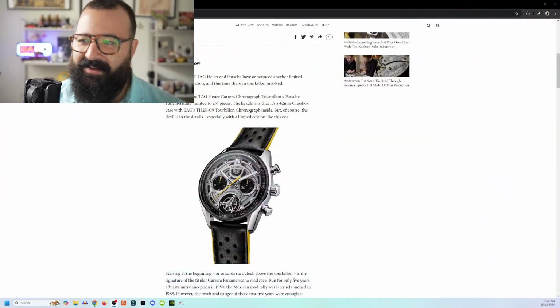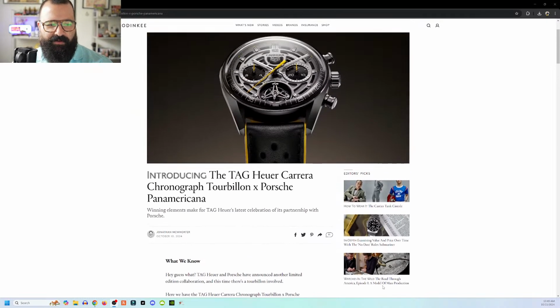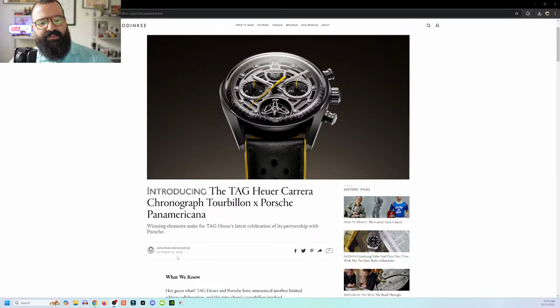They're the Monaco, right? That's a Heuer. So the old school gold cushion case Carrera, that was an OG Heuer. Modern Carreras, not great. Except for this one, and this is what I want to talk about today. This watch breaks pretty much every rule I've ever established here on this channel, and for some reason I'm just fine with it. So this is the new thing. Tag Heuer Carrera Chronograph Tourbillon X Porsche